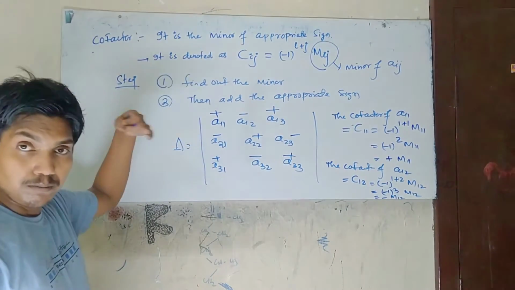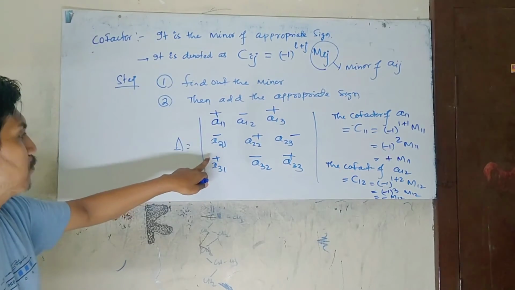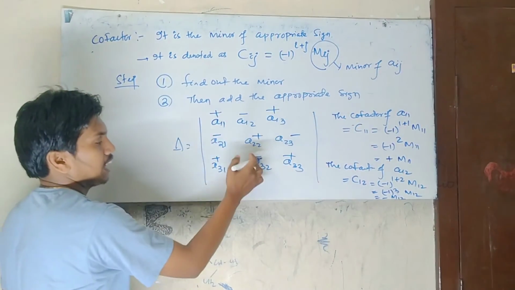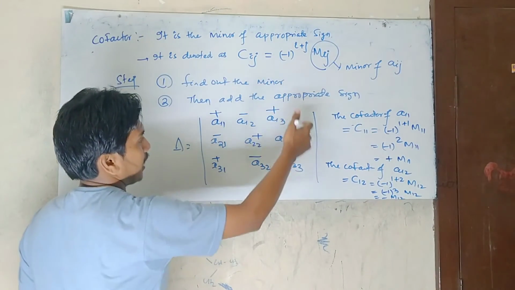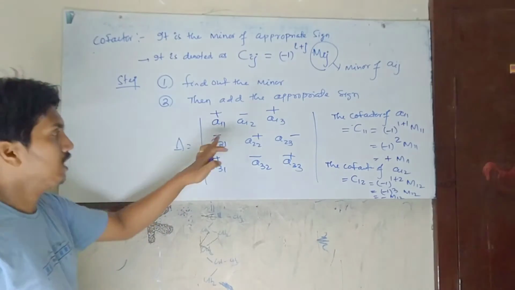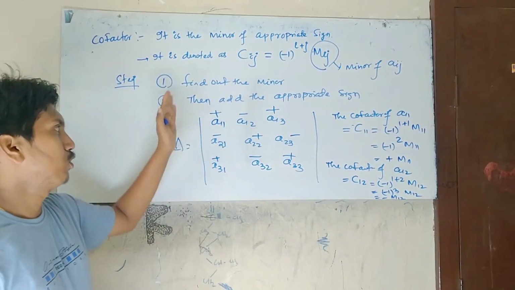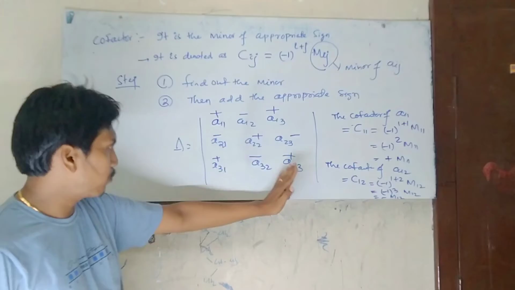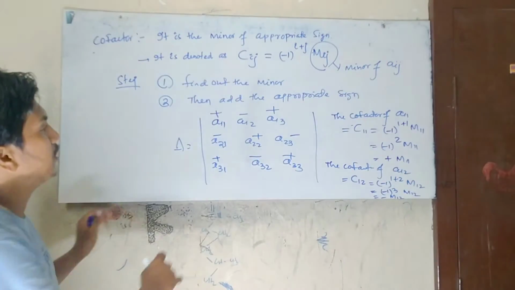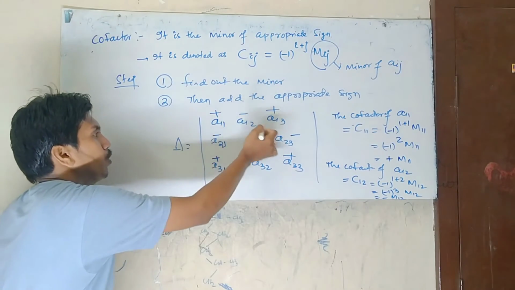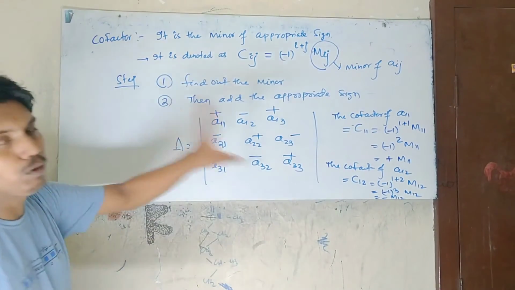Here is plus, as previously, so plus, then minus; after minus what is there? Plus. Next, after plus what is there? Minus. After minus, what is there? Plus. Like that, after plus what is there? Minus, and that is also plus, and here minus, so this is also plus. So minus plus minus, plus minus plus, plus minus plus, minus plus minus. This is the totally appropriate sign of each and every element. So you can write the cofactor using this simple way.